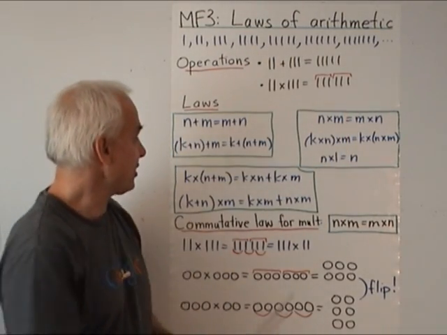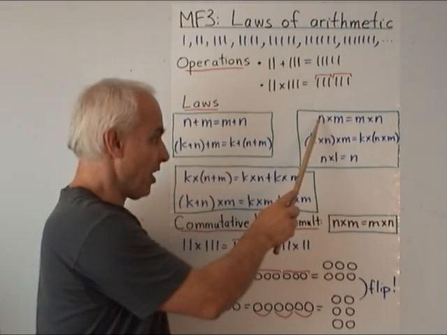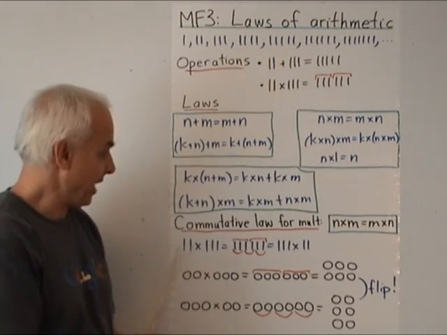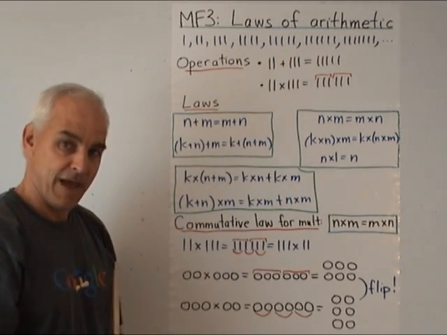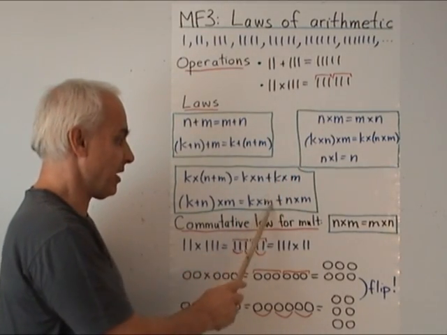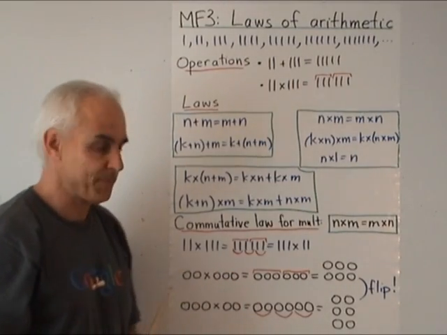And there are various laws. There are the laws for addition, the commutative and associative laws. There are the laws for multiplication, the commutative, associative, and identity laws, and 2 distributive laws. And I left it to you as a challenge last time to try to prove these laws here. We've already talked about these ones, and this one is obvious.